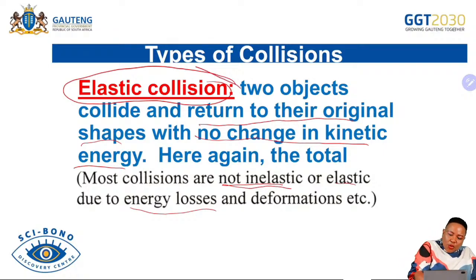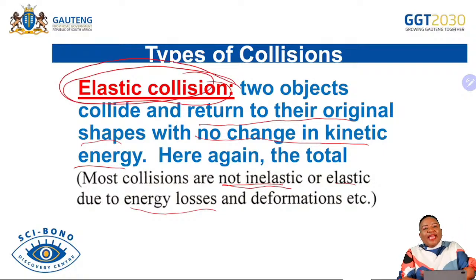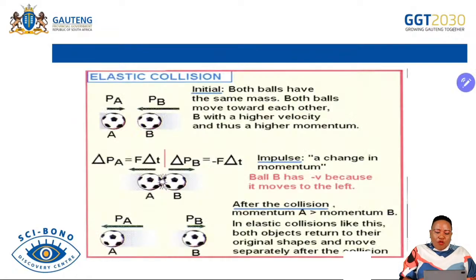When we deal with elastic, we expect that energy before collision must be equal to the energy after collision, meaning that energy must be conserved. So we also have a way of proving it. This one is just an example to say the two balls collide and they separate, and definitely the two balls will not change shape, they will not be deformed, they will go back to their original condition as they were before collision. So obviously this kind of collision will be elastic.